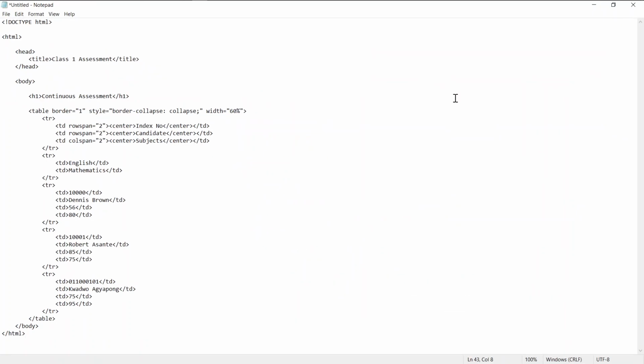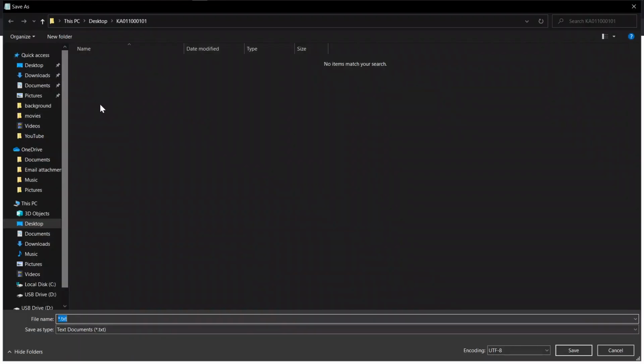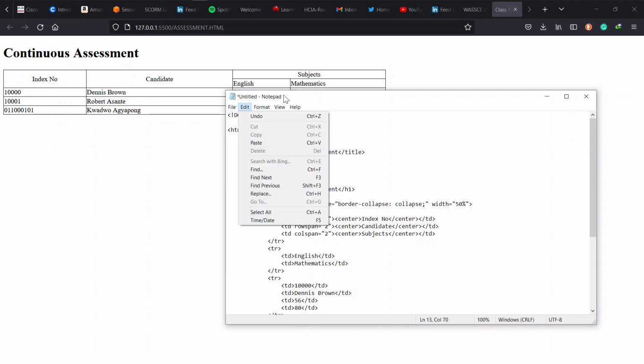So basically what we did in that text editor, VS Code, Visual Studio Code, is still basically the same thing that we would have done in Notepad. Everything looks good. Yeah, we're looking great. Let me just zoom in. And now we can go ahead and start saving our file. So we hit on